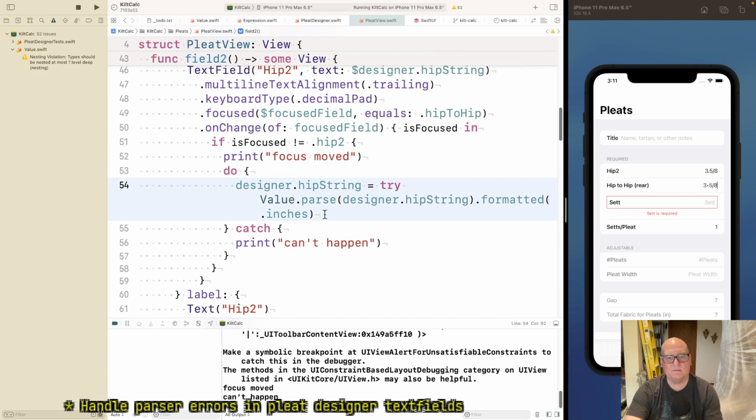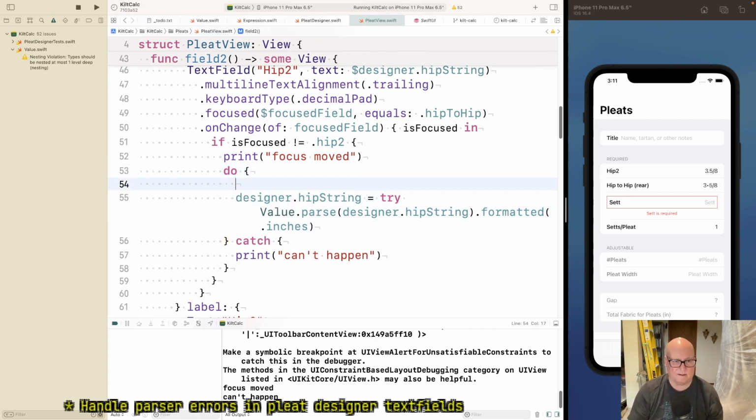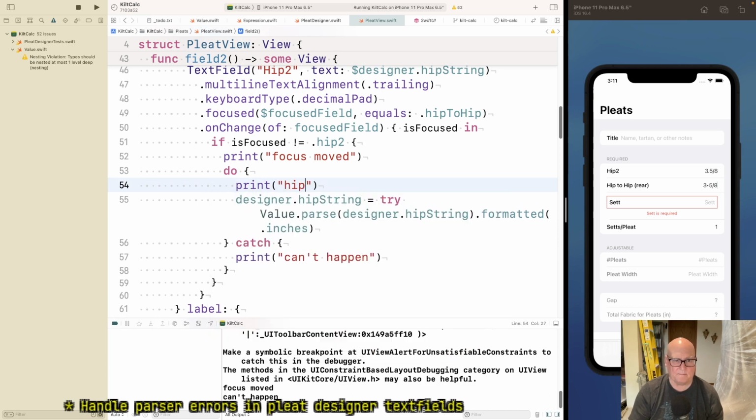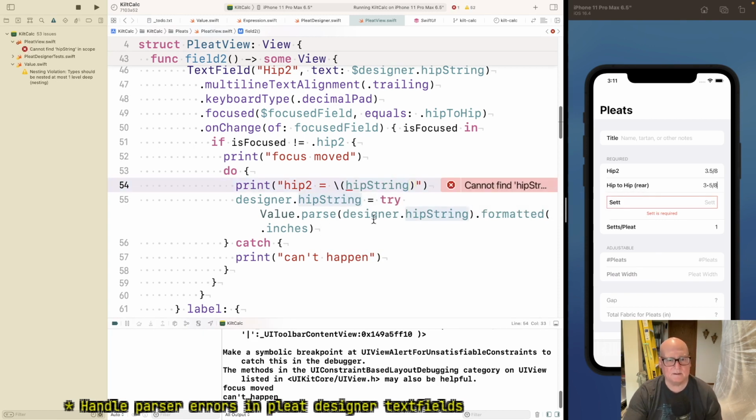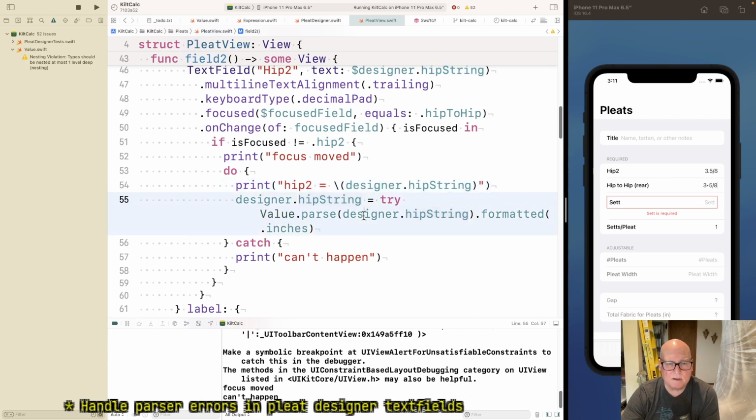Now we try to parse the hip string. Hip 2 equals, let's get this. Okay. Designer dot. All right, and then I'm trying to parse it and then format it.